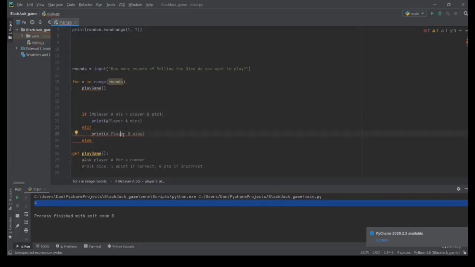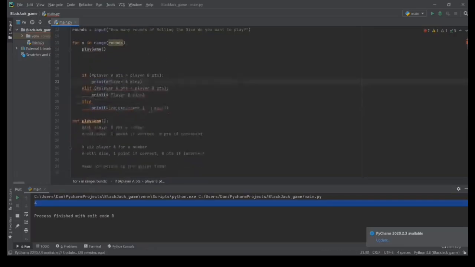And then player B wins if player B's points are greater than player A's points. I'll just keep B in the same spot, change this. And then else, which would be equals, print the game ends in a tie. And we don't need to put that in pseudocode because we don't need to change that message depending on player names. Okay, so